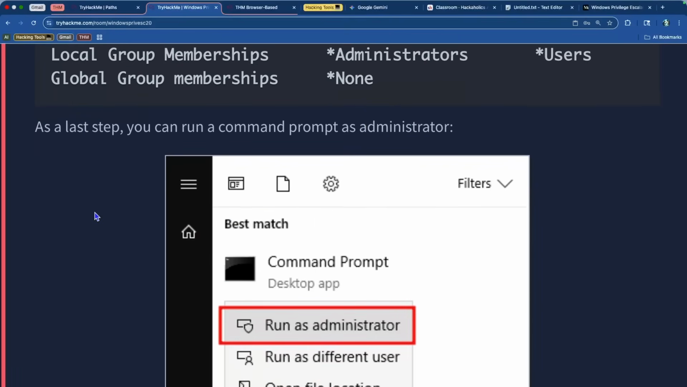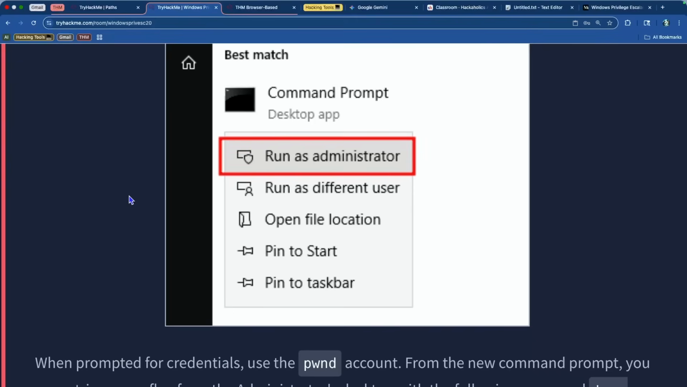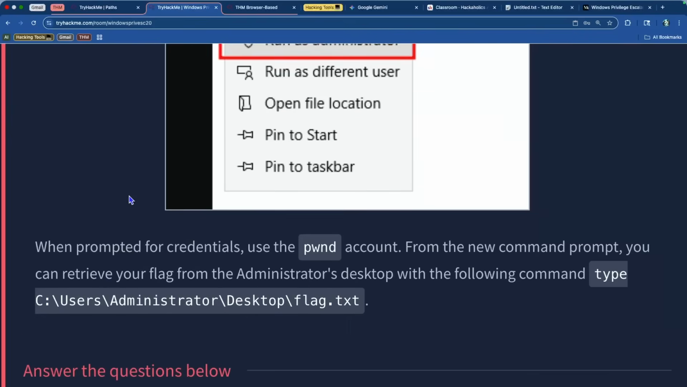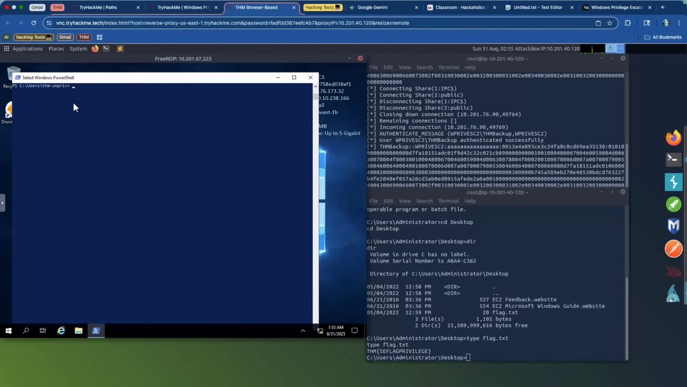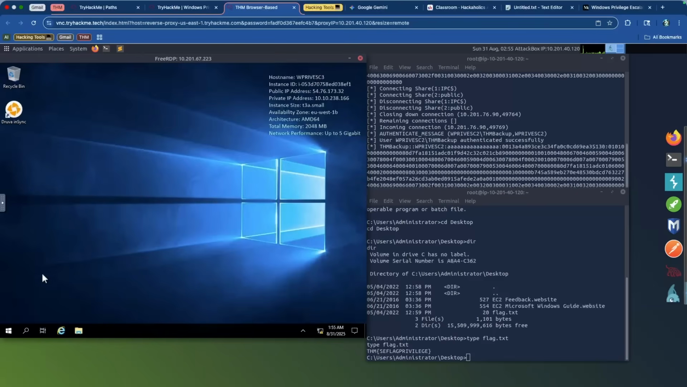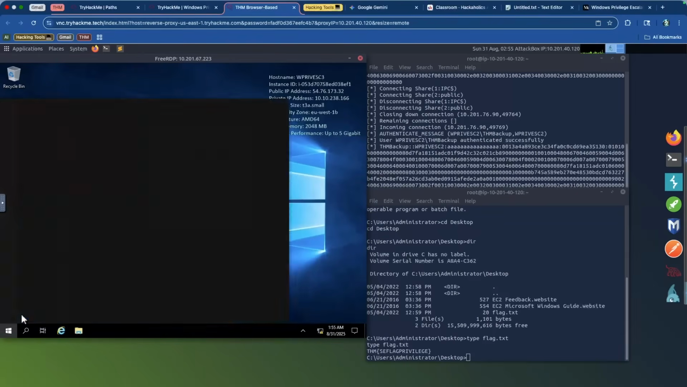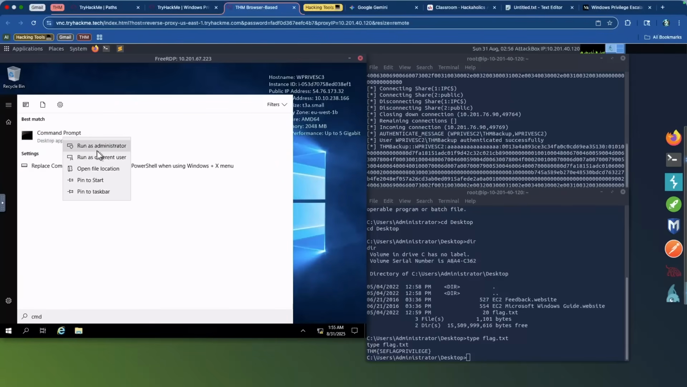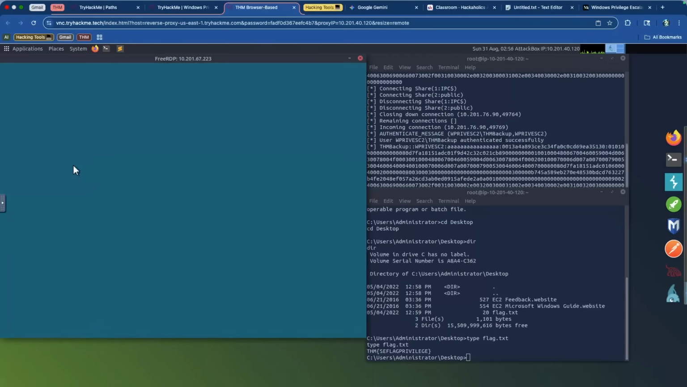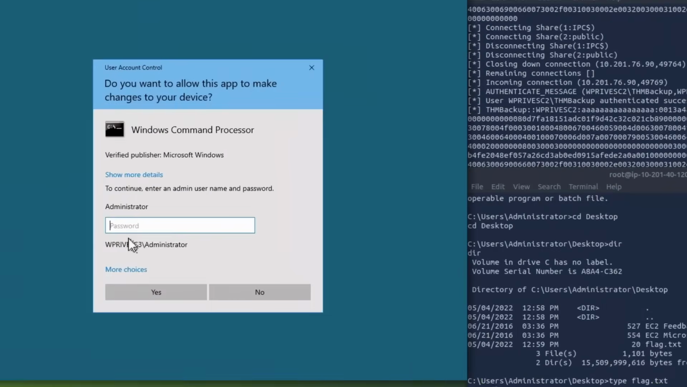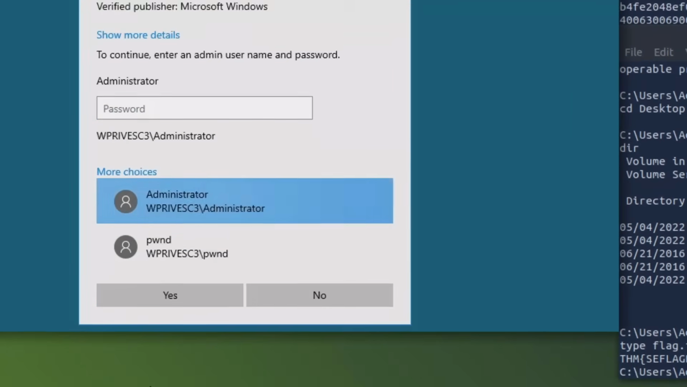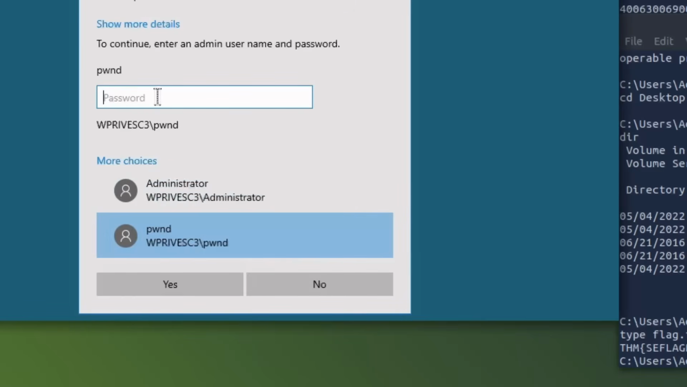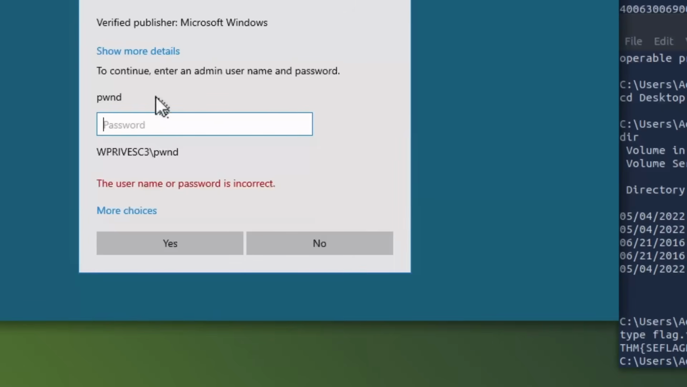Since that worked, as the last step, I can go ahead and run cmd as an administrator, and when it asks me for the credentials, use the pwned account. So I will close this now because I already have the user. I will do cmd here, open this up, run it as admin, and it's going to prompt me for a username and password. Right here, I'm not going to be admin. I'm going to do more choices and use the pwned account, and the password that we put, the username